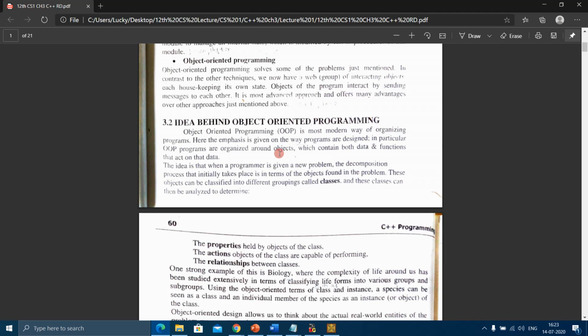OOP programs are organized around objects which contain both data and functions that act on the data. All this you will come to know.